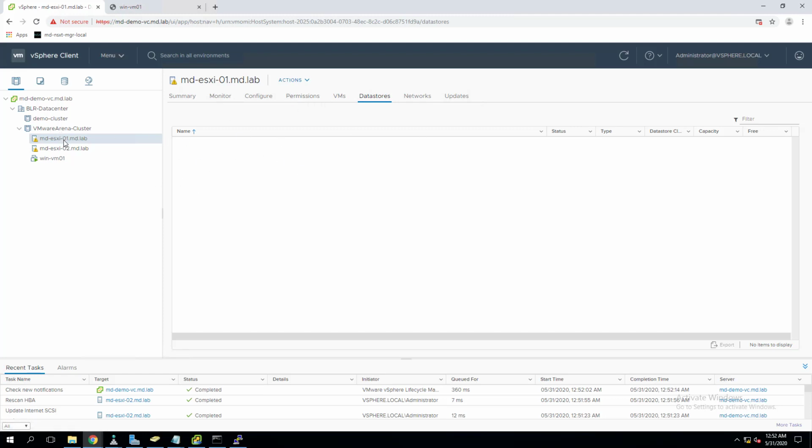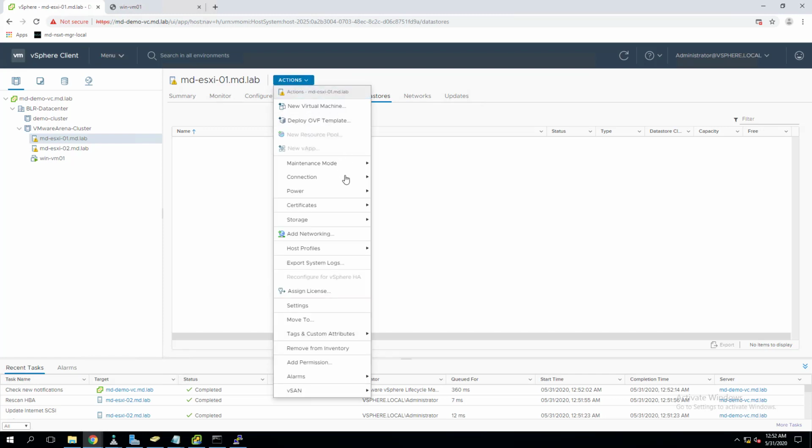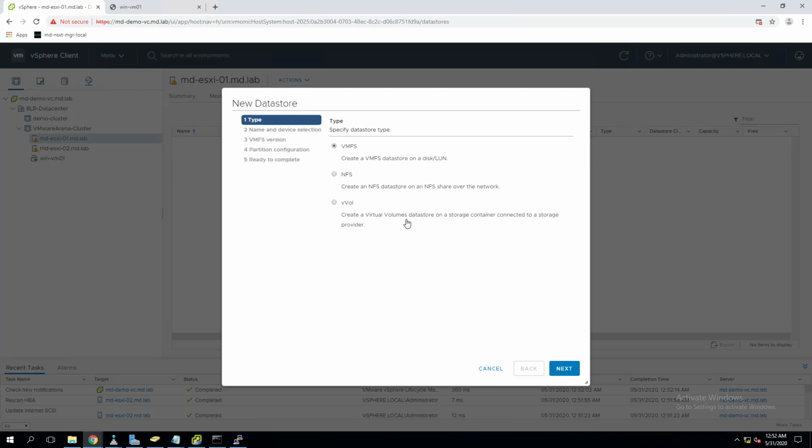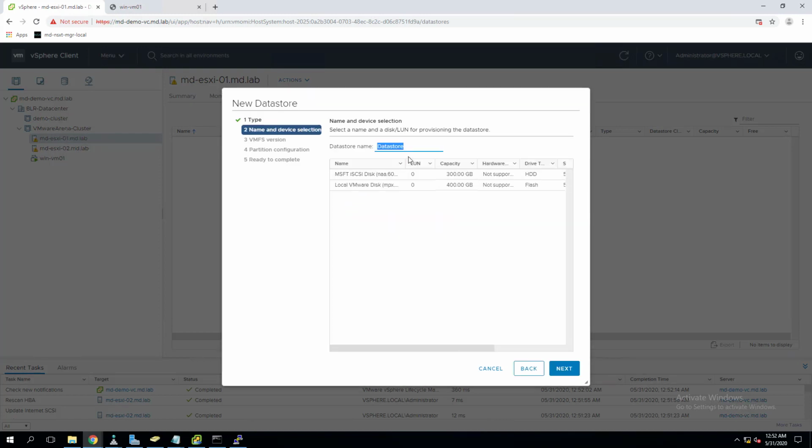Select the ESXi host, go to data store. So as of now, we don't have any shared storage. I only have local data stores here. So you can go to actions from the drop down, go to data store, go to storage and create a new data store. Click on new data store. So this will allow us to create a data store. The data store can be either VMFS or NFS. VMFS can be either SAN storage or iSCSI. So we have to select VMFS here.